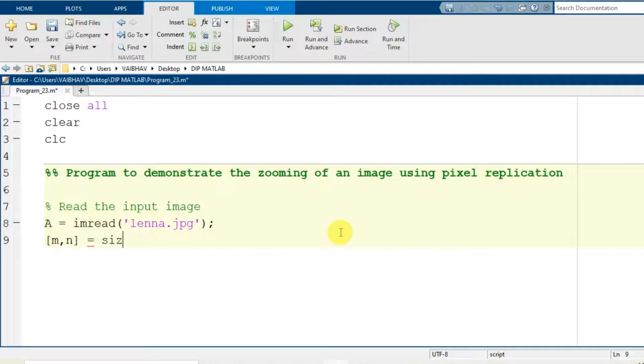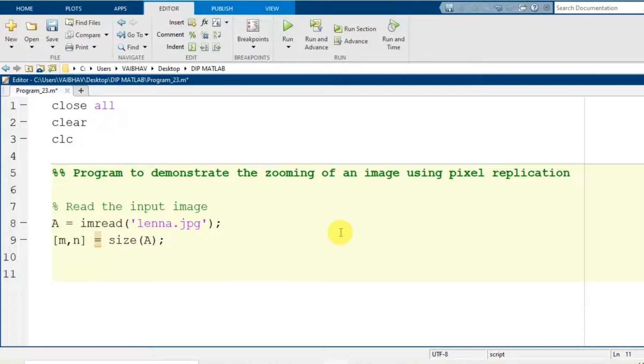Those will hold the information of the size of the image. The MATLAB syntax is size, where I provide the input argument as capital A, the input image.